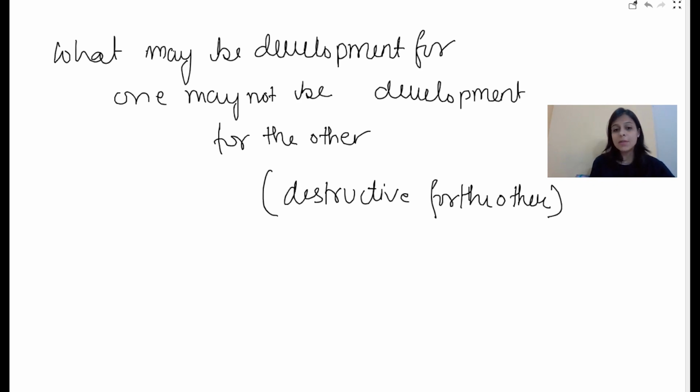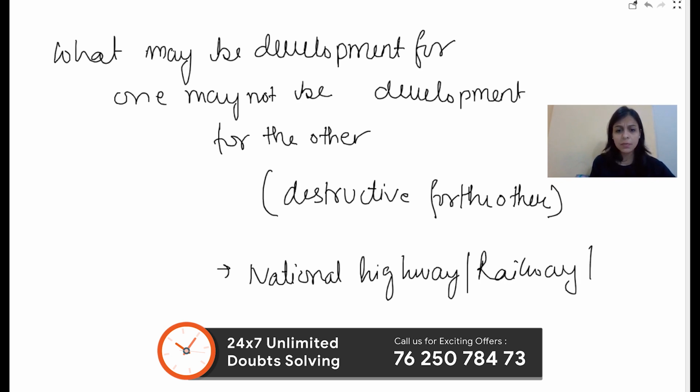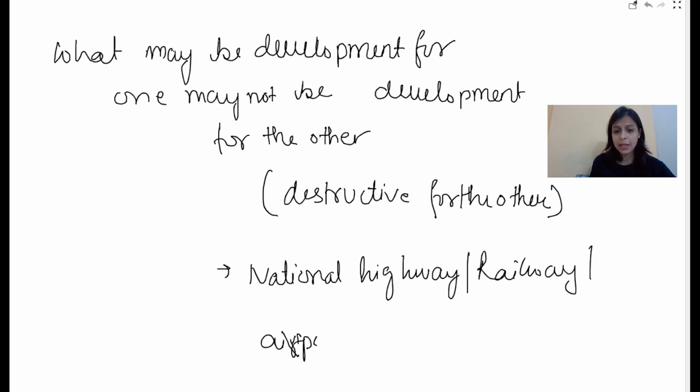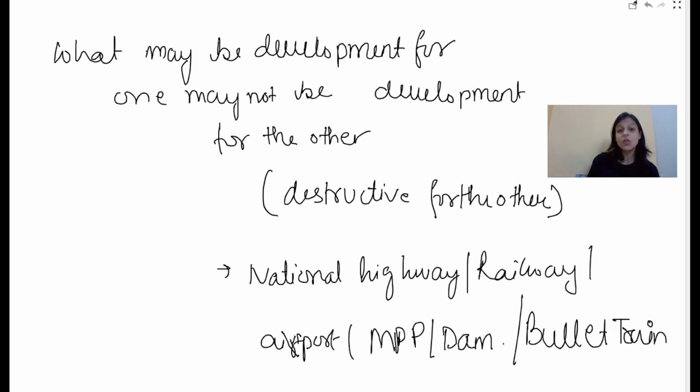Let's say the government comes up with a project that they want to build a national highway. Maybe you can talk about a railway project, airport, or let's say they even want to talk about a multi-purpose project, MPP, or maybe a dam. Now when they're coming up with these projects, it's very good. Or maybe let's talk about the bullet train, that is nowadays very common. So whenever the government comes up with a project like this, it's very important to